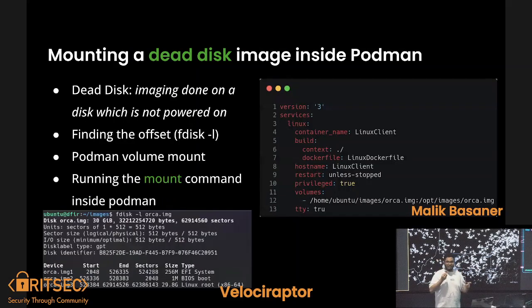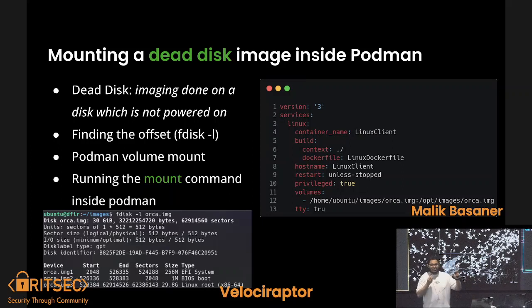Before we look into the details, the main objective of this project was to do analysis on dead disk images. Dead disk means a system that you have already acquired the image for and are now trying to do analysis on. So I have a Windows machine, and I would like to investigate that machine, say it has been under attack or anything like that.